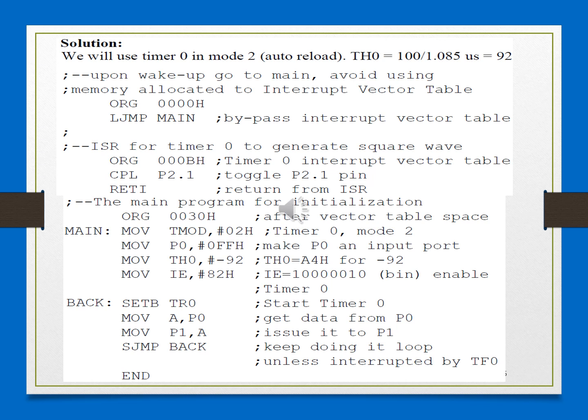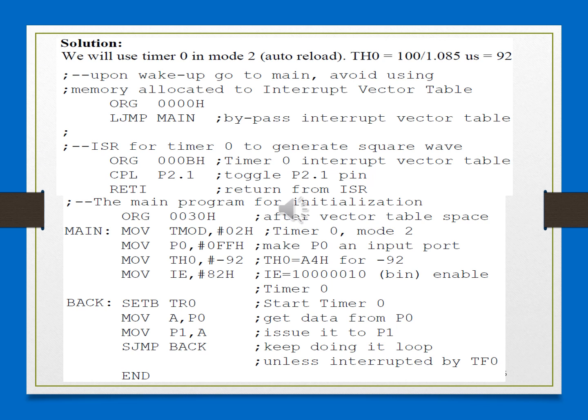Now observe here, the end of the subroutine is RETI. If you recall, in the previous examples, whenever the overflow flag was set, we used to clear it using the software method, isn't it? But nowhere here are we doing that. That job is done by the RETI instruction.